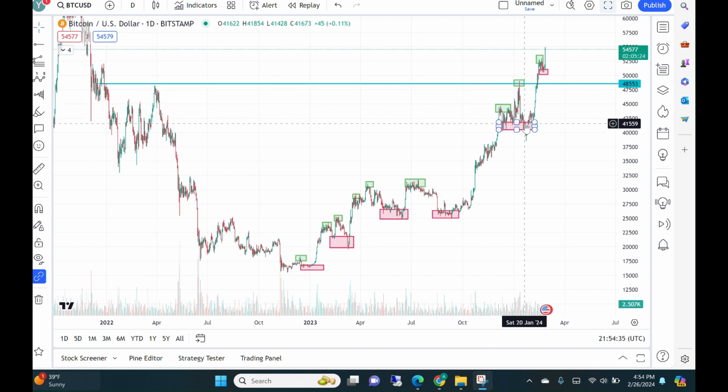And because of that reason, we've seen a little bit of minor pushback. There is no guarantee that it will bounce back, but from time to time on a good instrument, there is a very good chance that a bounce is going to happen. That's what happened. There is a cup over here. So what we are looking at next, target wise, let me show you one more example of cup and handle in